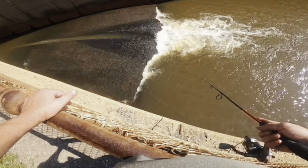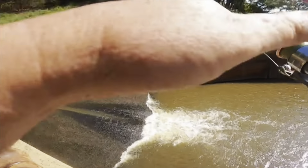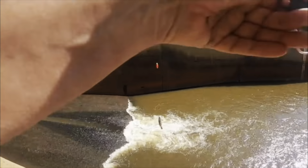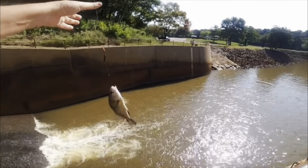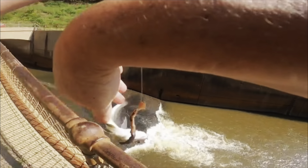I'm over here looking at the little bitty drum. Looking at them drum over there in the corner. You guys don't know what triple tail are. That's what they look like from here, triple tail. And they're out on the